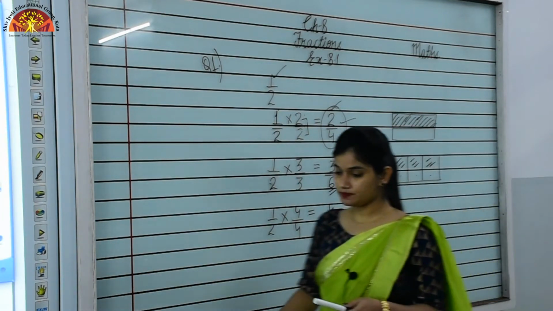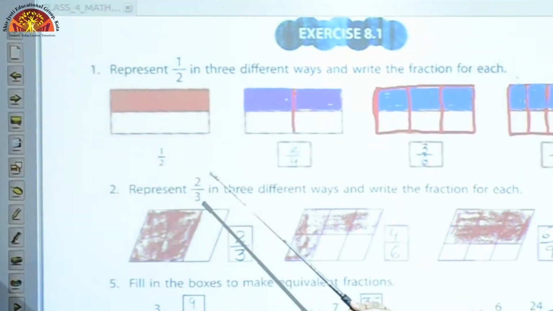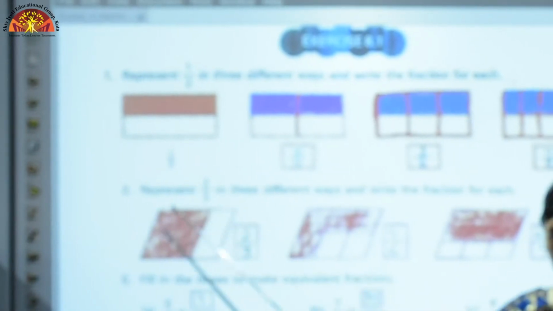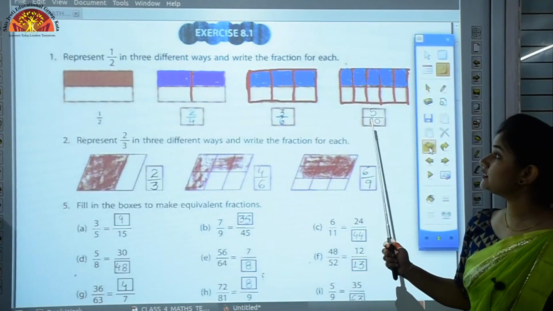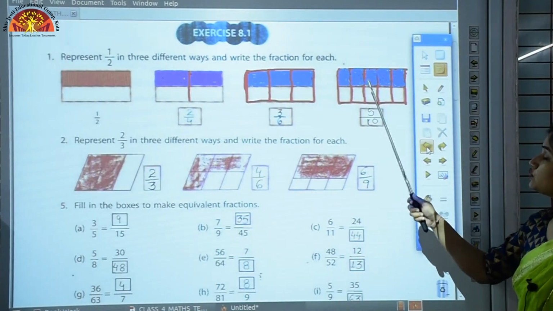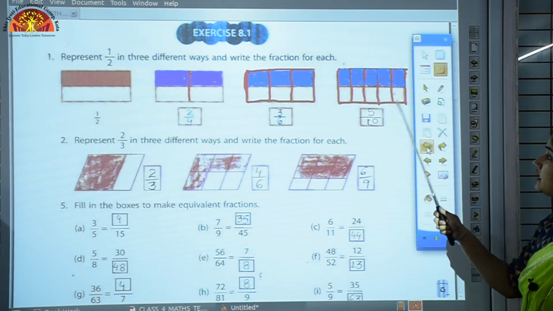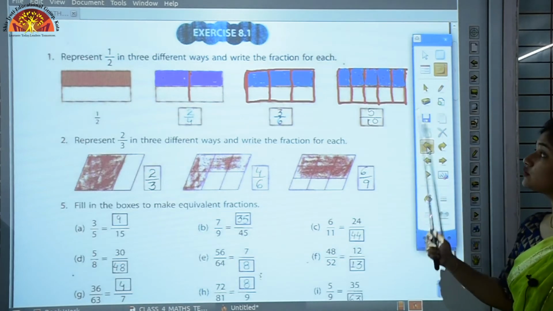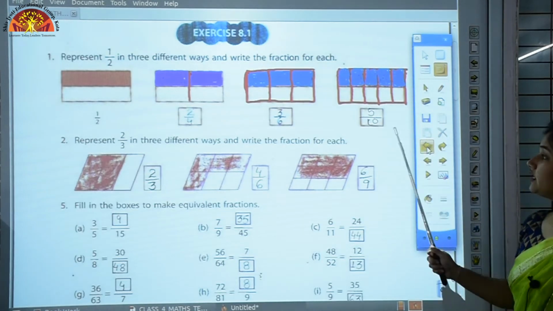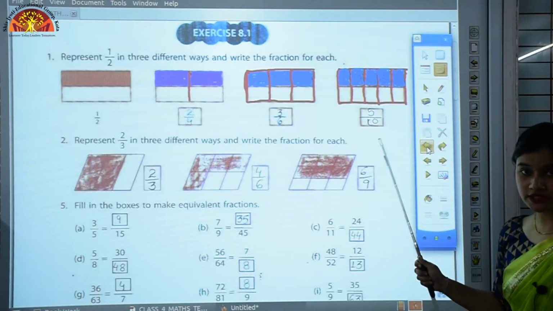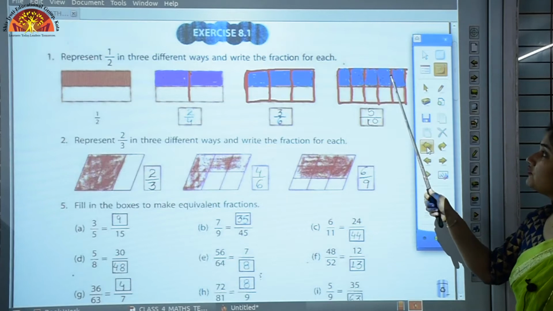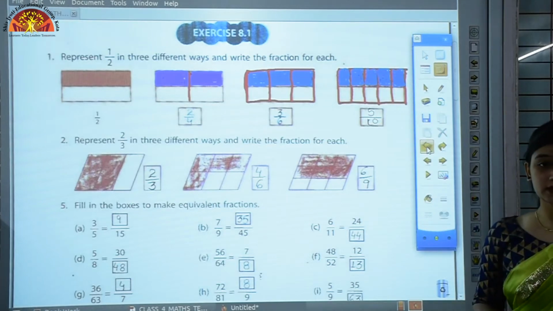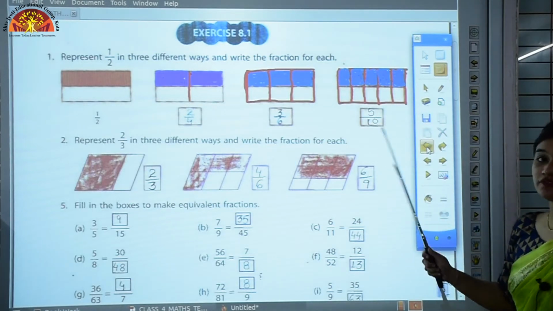So just look here. We have written the next fraction is 2 upon 4, which is equivalent of 1 upon 2, and the next is 3 upon 6. And now in this part we have seen 1, 2, 3, 4, 5, 6, 7, 8, 9, 10. Now here total boxes are 10. So we have to write 10 in denominator, it means below this line, and 1, 2, 3, 4, 5. 5 parts are colored. So we have to write 5 in numerator.